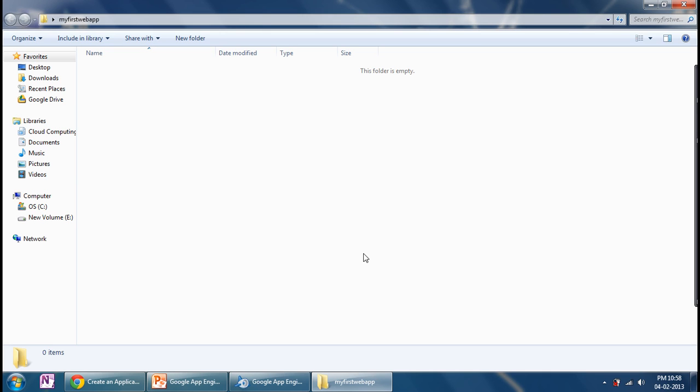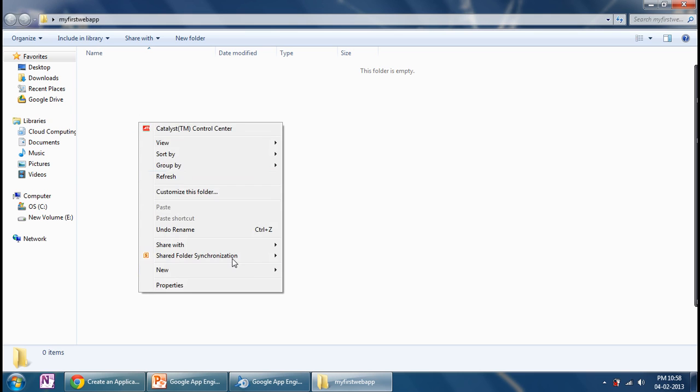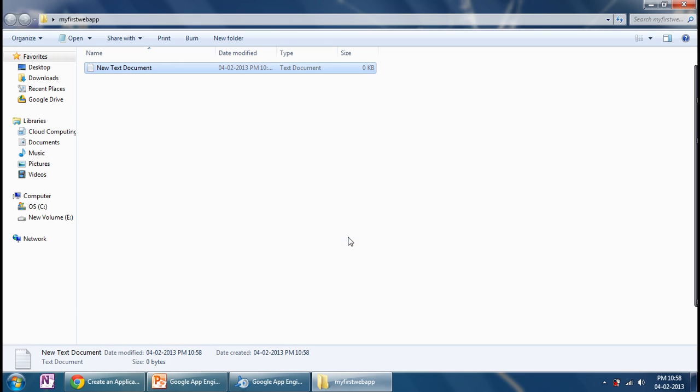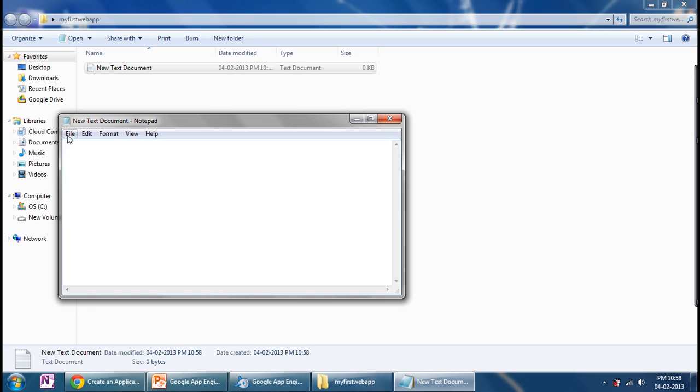It is known as a YAML file, which stands for yet another markup language. In this file we are going to write our application name so that the SDK can easily check it and deploy to the desired space and database. We also give the version of our application, its runtime environment, the API version, and different handler URLs for images and scripts. The extension of this file is .yaml.